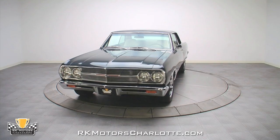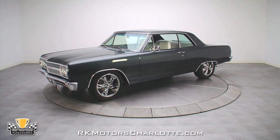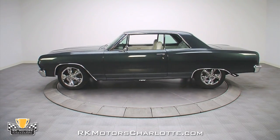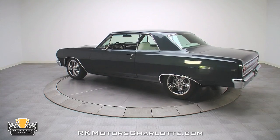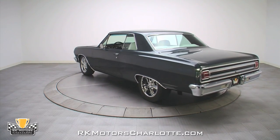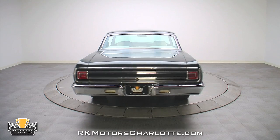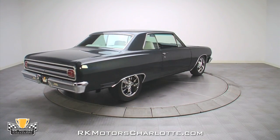This killer 1965 Malibu Pro Tour mixes classic good looks with serious modern performance hardware to put a 21st century spin on a traditional crowd favorite. During a complete nut and bolt rotisserie restoration, the Chevelle was entirely disassembled and stripped of its original dull Ermine White paint. The body of the car was solid and presented itself as an excellent foundation for a slick, first-rate